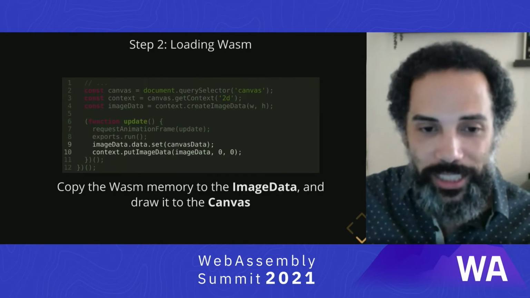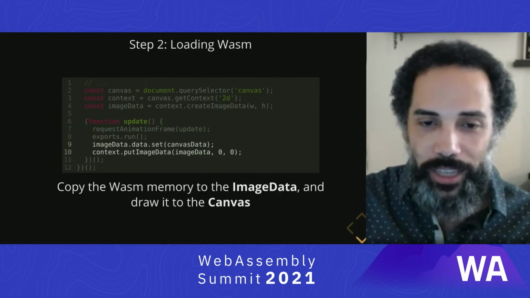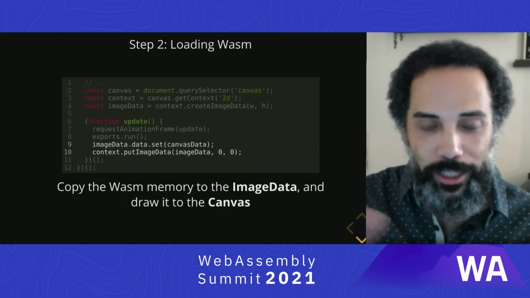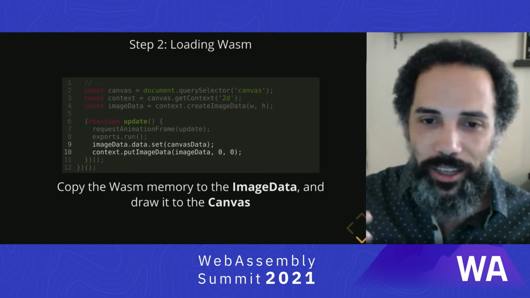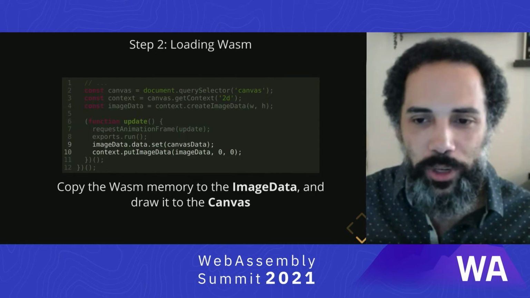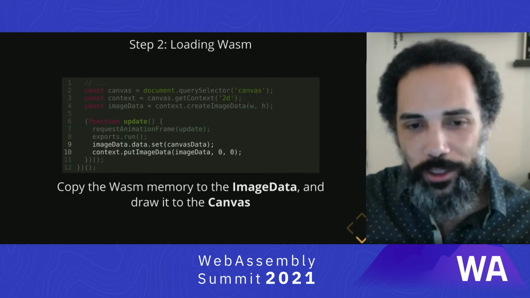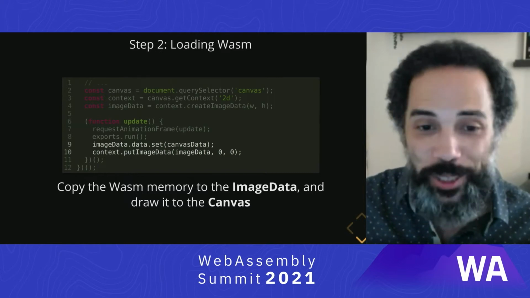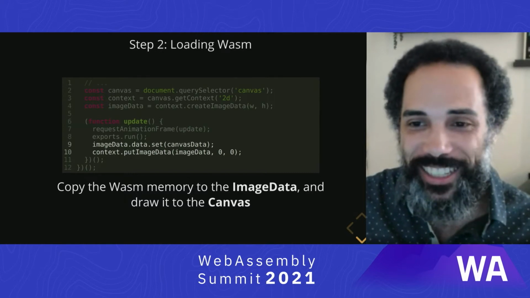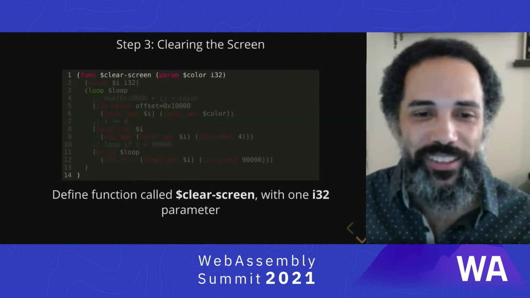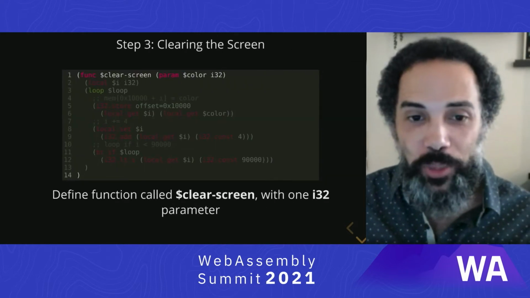And then we copy that data into the canvas using the image data and putImageData. This is a little bit confusing. There are quite a few steps, but hopefully you've seen something like this before. If not, like I said, I mostly just copy and paste this from every project to the next. Okay, so let's start doing something with this canvas.